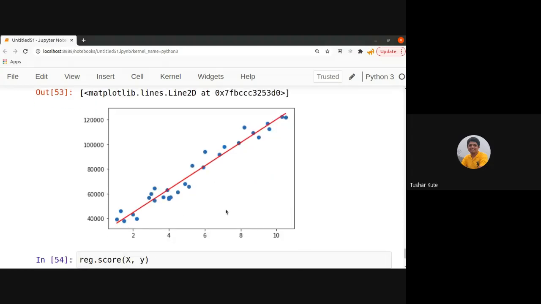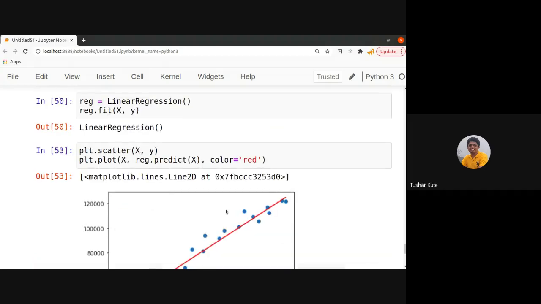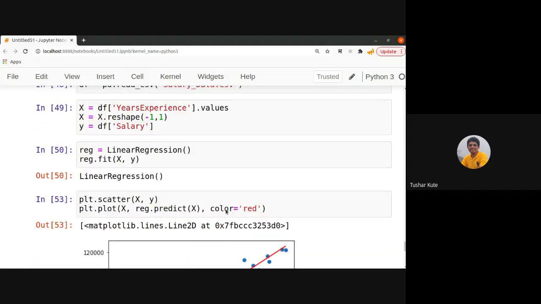Now there's one more technique called isotonic regression, which is not included in the presentation.